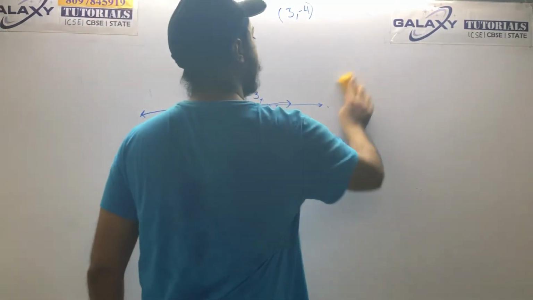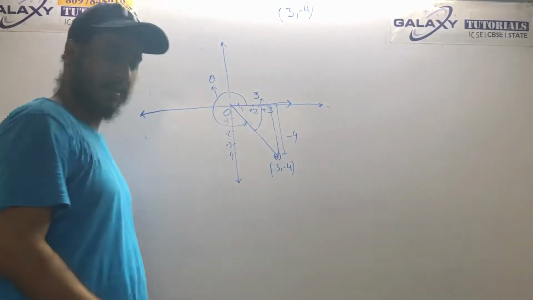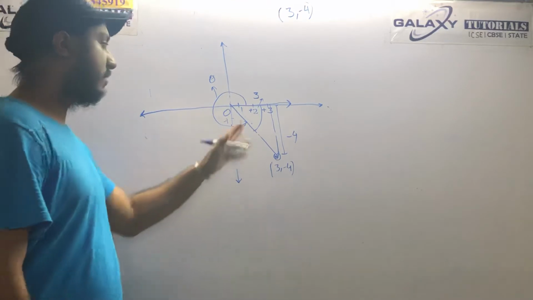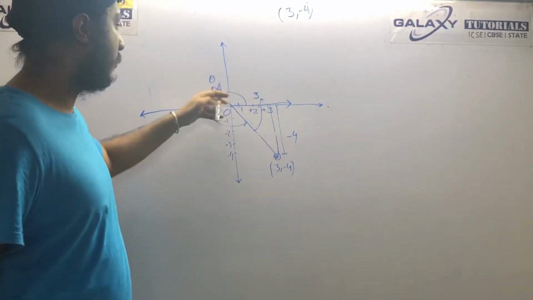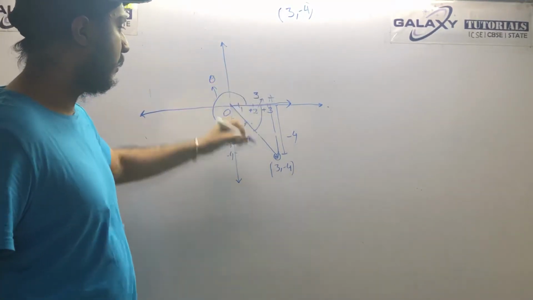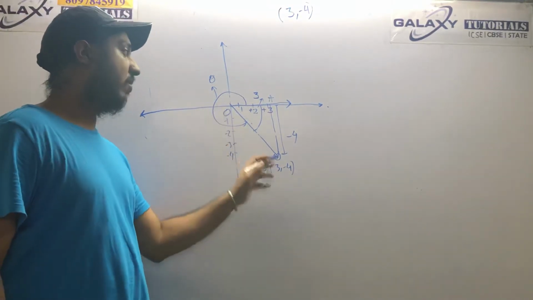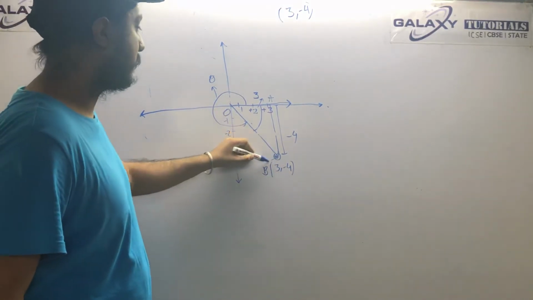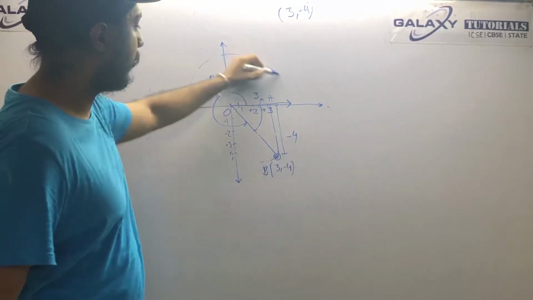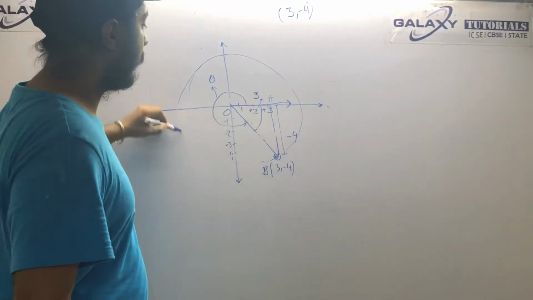Sorry, we will not use this identity here. What I wanted to tell you is that this is a triangle here. You can name this triangle OAB. Now this will not be a unit circle. If you make this circle, it will not be a unit circle. Unit means it will not have a radius of one unit.